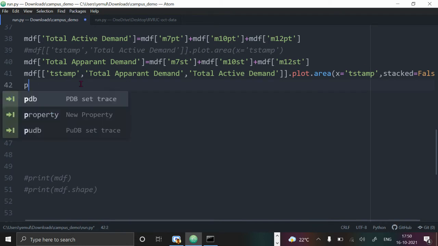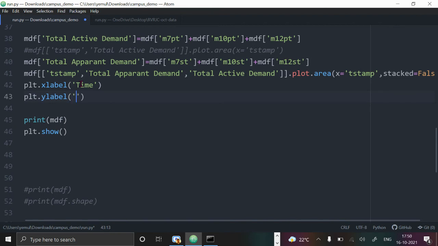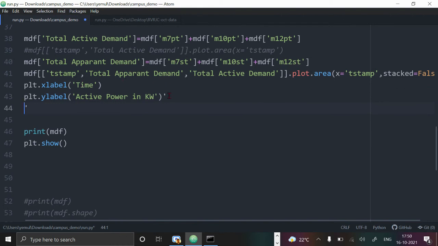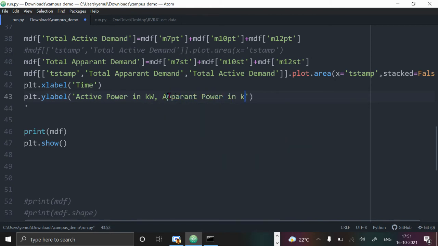Anyway, let's add some title. So plt.xlabel, here I will say time. plt.ylabel, active power in kW, comma, apparent power in kVA.